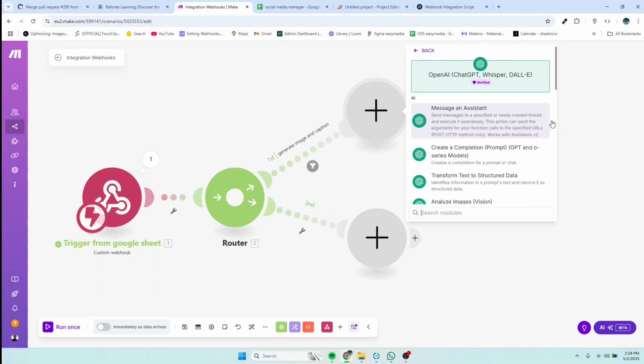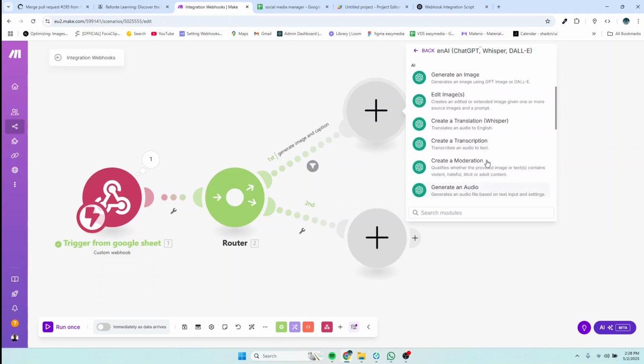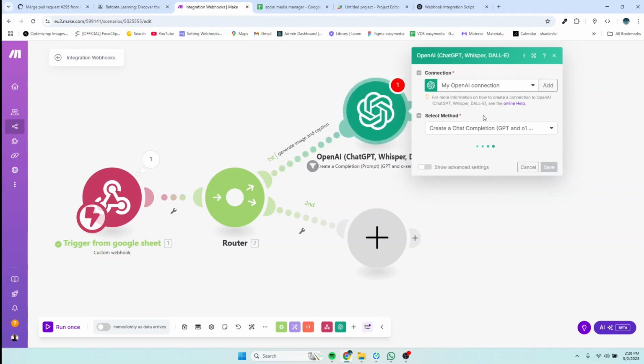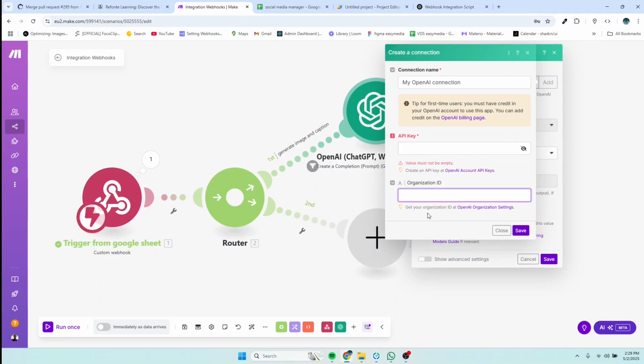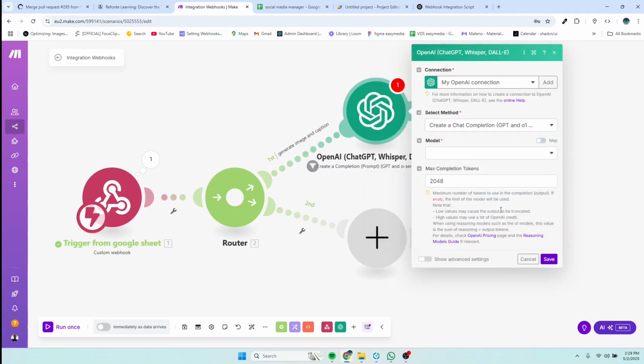So it's going to ask you for the type of OpenAI service you want to use. So I'm just going to, for the first section, I'll be creating a caption, so I'll just click on that. So if you don't have a connection, you'll click on add, and you'll put your API key here. Organization ID is optional, so you don't have to put anything. So API key, then you click on save, and it will be added, or it will create a connection. But for my case, I already have a connection, so I'll just proceed and